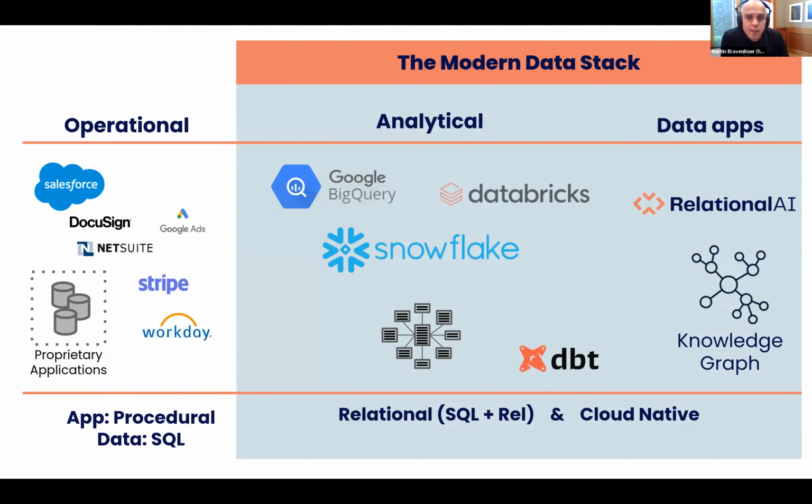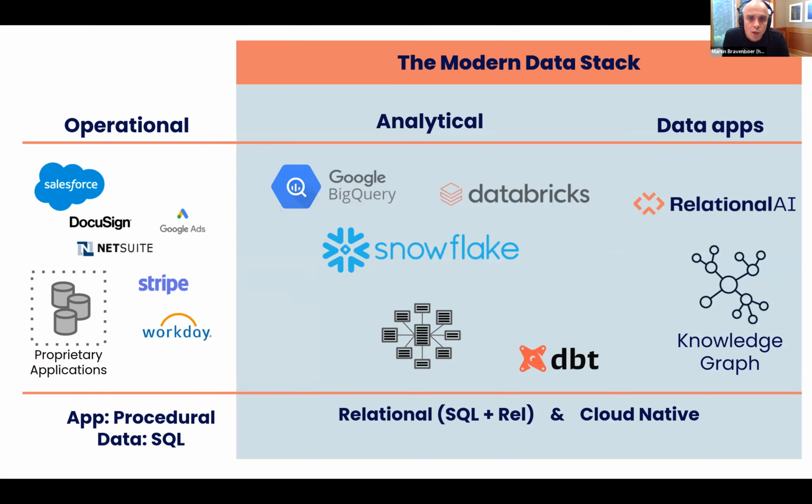So now what you get is that the modern data stack becomes a larger box that has the original cloud data platform in there, which we sync with, as well as a relational knowledge graph. So we basically try to bring data apps into the modern data stack so that they become relational and declarative instead of the current situation. And I'll explain a little bit more what that exactly means later.